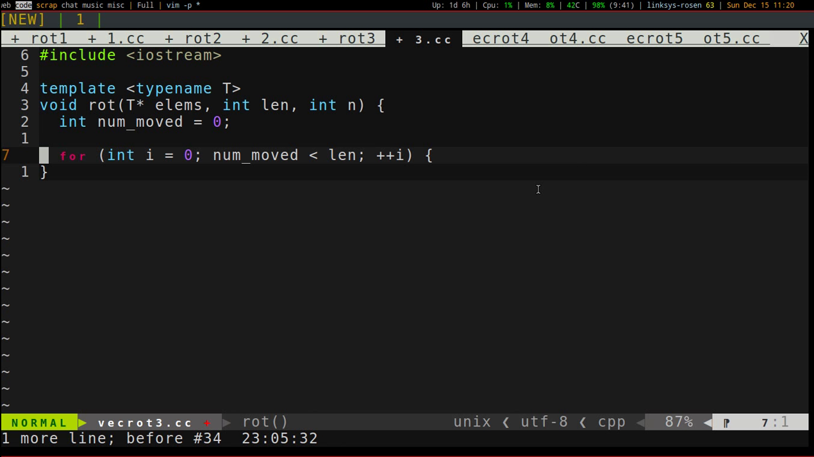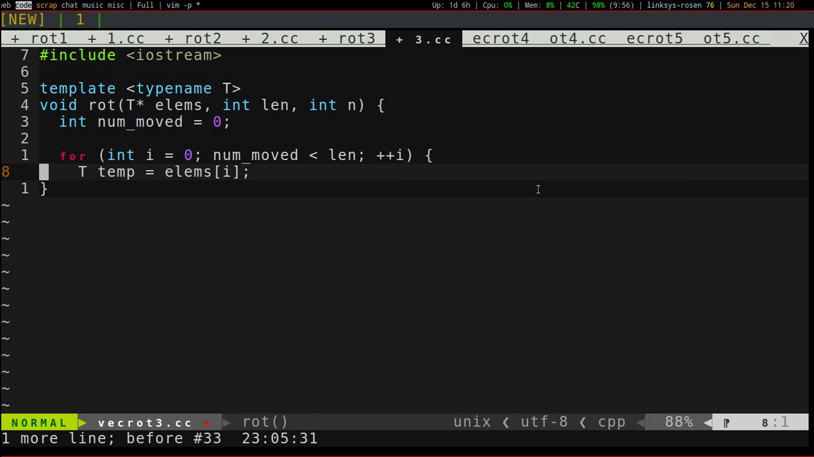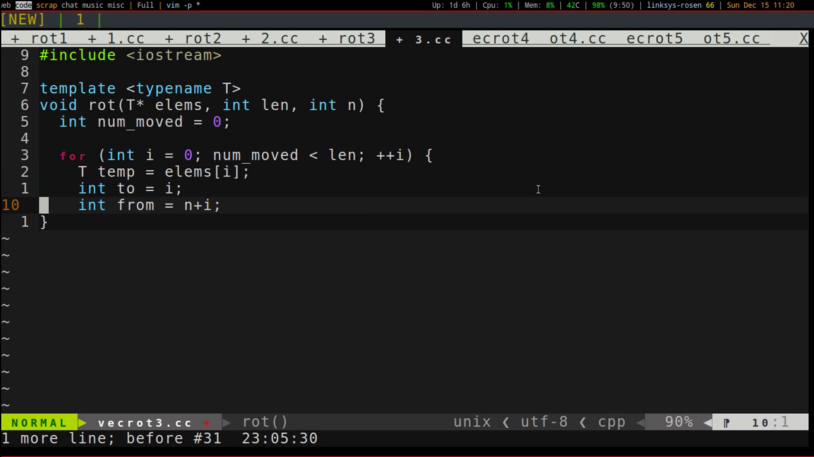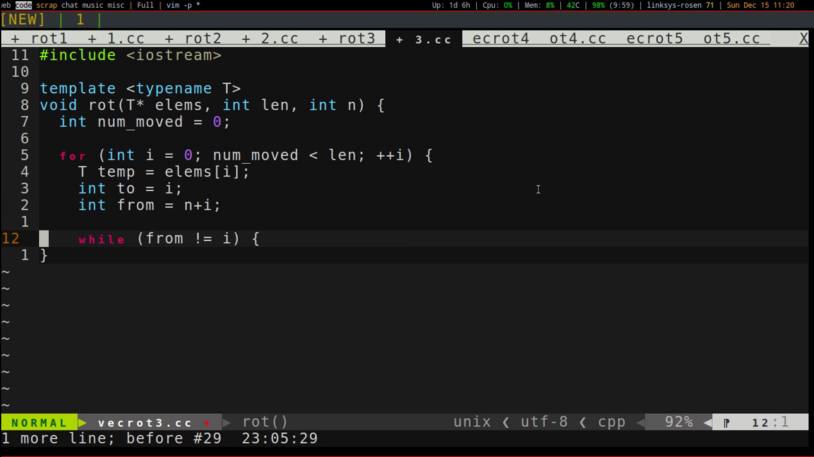I'm sorry, I might have said n earlier, but we proceed until we've moved every element, so all of them. And then we store the ith element in a temporary variable, and we keep track of 2 different pointers, so to speak, our to and our from. Our to is initialized to i, and our from is the nth element past i. And then while from is not equal to i, so while we know we are reading from elements in the array and not our temp variable,